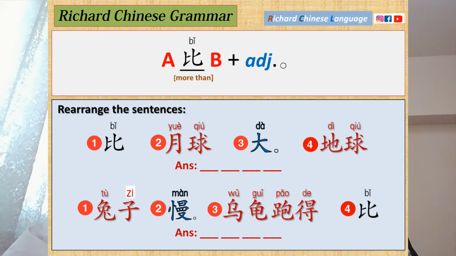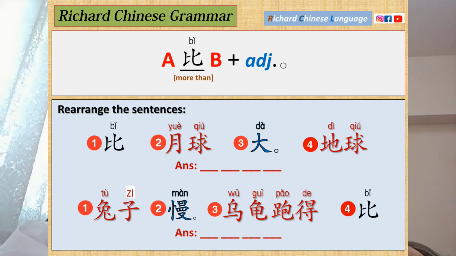比月球大。地球 Okay, I'll read it again. 比月球大。地球